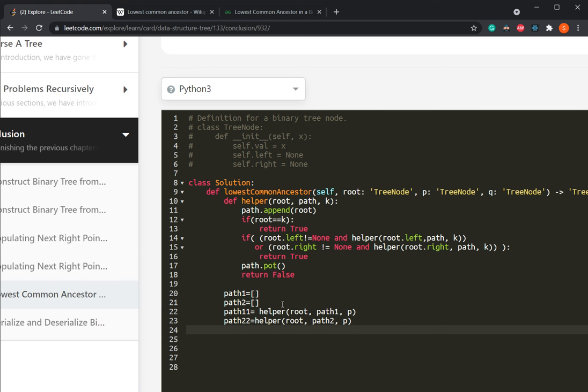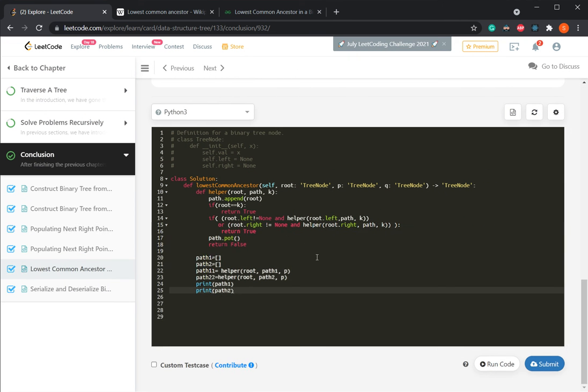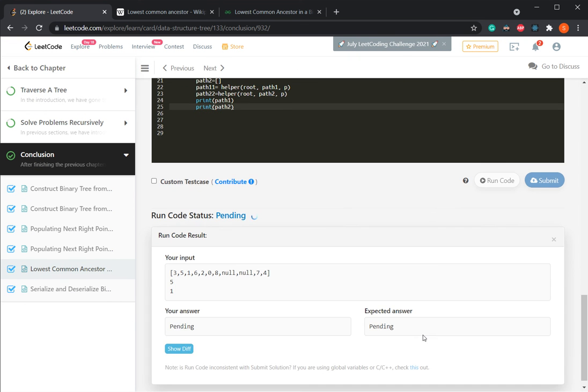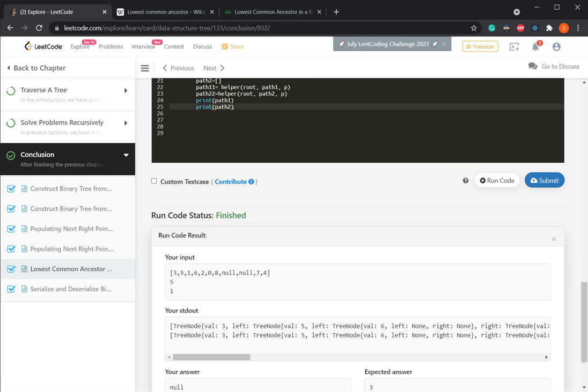So let's see if this works or not. We just simply print path 1 and path 2. This is not the answer yet, but we just want to make sure the variables and function are right. So it is printing 3 5 6 2 7 4